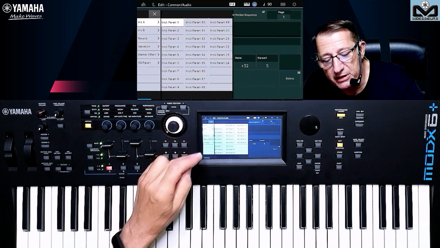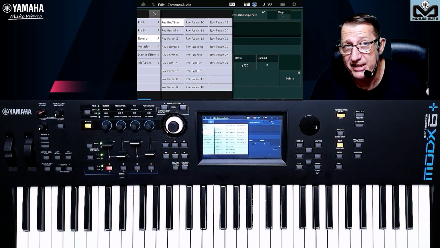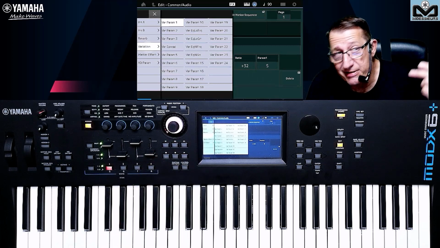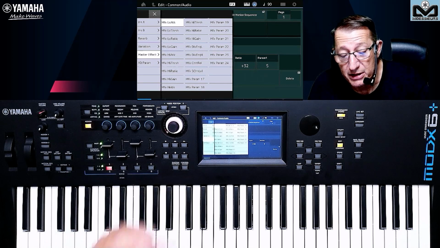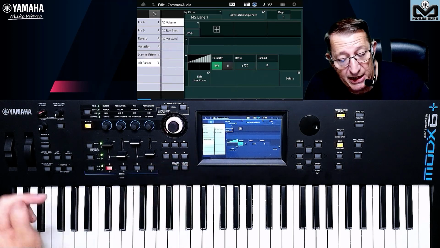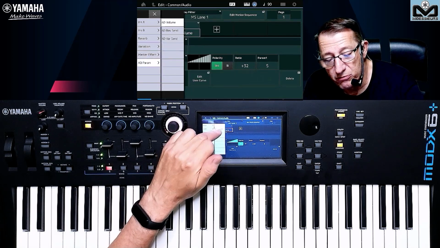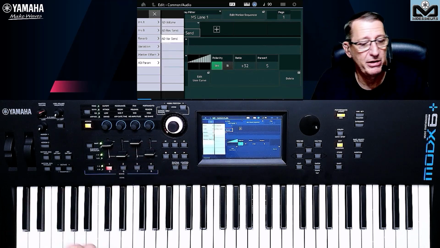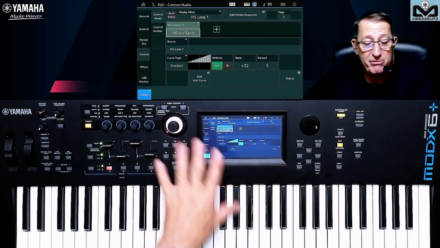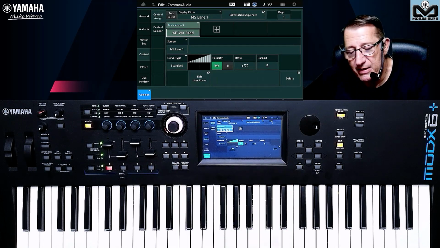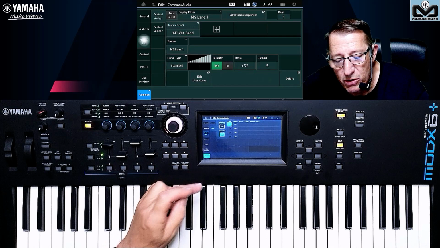You can control things for the reverb, which is a system effect, for the variation effect, which is also a system effect, and for the master effect, you can also control things. And for the AD input, you can have under control the volume, the reverb send, and the variation send. So you can do some cool things with your motion sequencer like that. And you have the same screen like you have on the part level here. And now we can go to the motion sequencer.